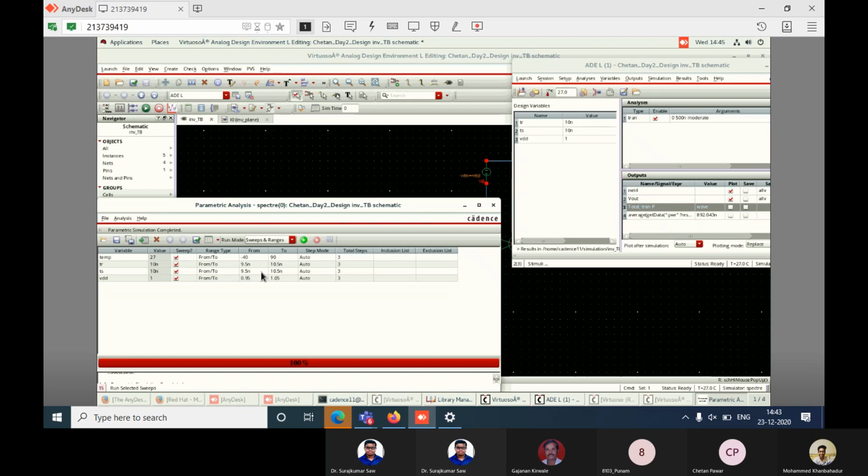See, with the help of this 5% variation in parameters, we have checked that our output has not varied so much. Means output is not deviated from the nominal value, right? Whatever we have plotted for the nominal, we have increased 5% and decreased 5%. We have checked that in parallel.